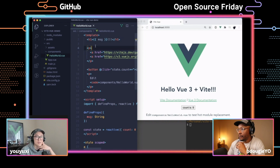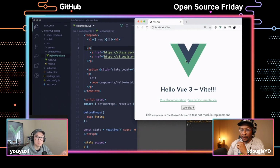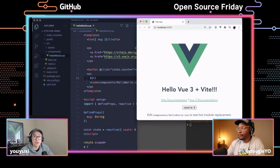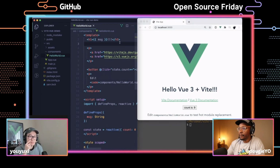So the idea here is if you're working on a large application, right, reloading the page on every edit is obviously not optimal, especially say you have some page state where you're like, I want to see how this dropdown looks when I'm tweaking the logic or tweaking the style. You don't want to have the whole application reload and then reopen the dropdown every time. So hot module replacement is one thing I believe that decouples the feedback speed from the size of your application,